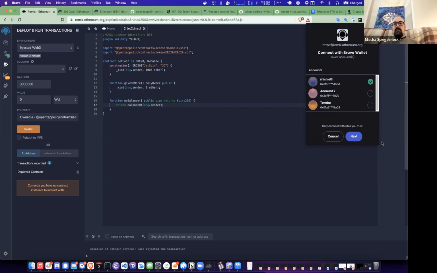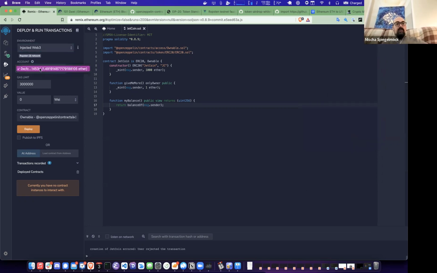So if I connect this guy, then now this is my account. So this is my public key here. And basically, if I want to do some action using this application on the web, it won't have direct access to my private key, but it'll ask me if I want to sign a transaction or deploy a contract or call a function, whatever I want to do. And so the provider is my wallet, and this guy is basically just calling some methods on that provider, if that makes sense. So I'm going to select the JetCoin contract here.